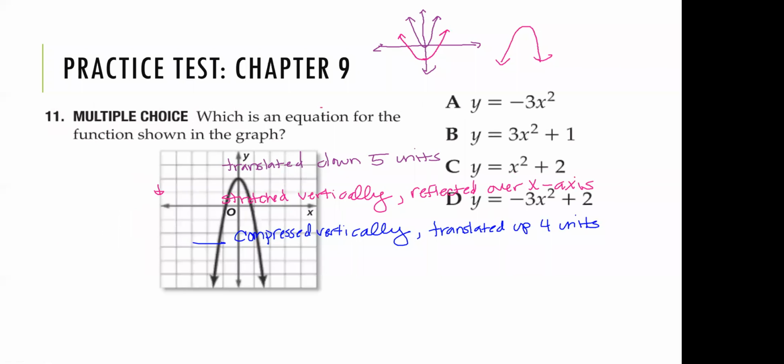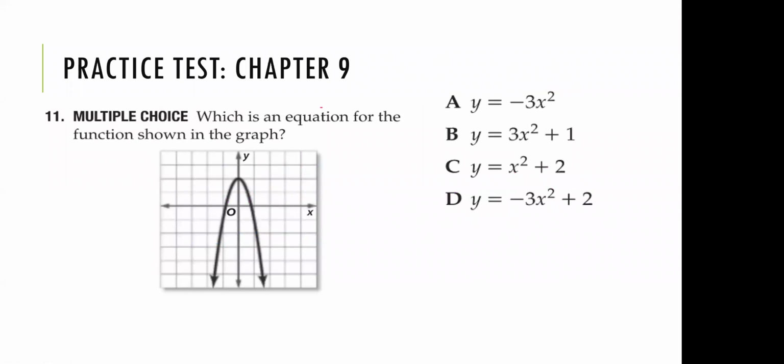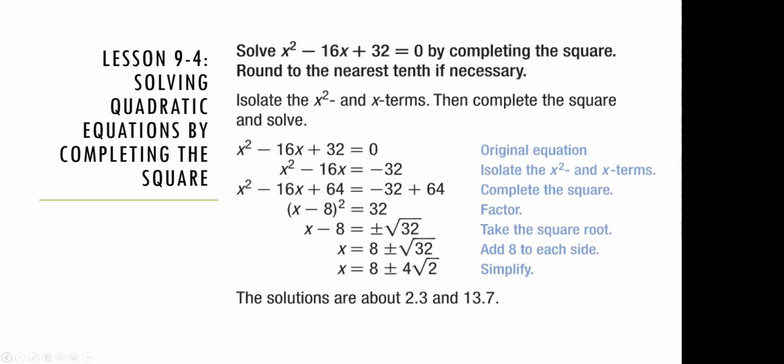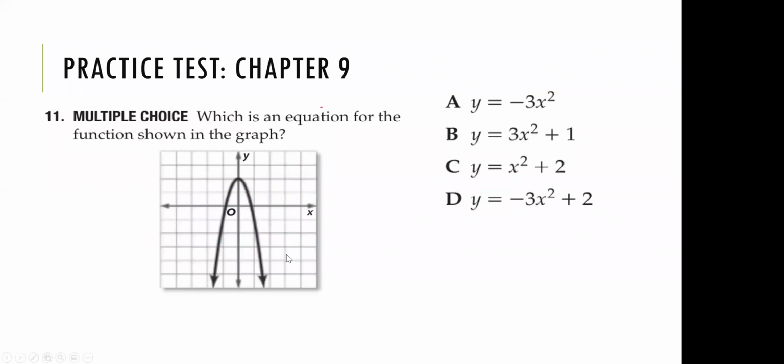So next problem says, which is an equation for the function shown in the graph? Okay, so this is taking into account what we're just talking about. So first of all, by looking at this graph, I see it's reflected over the x-axis, right? It has been flipped. It's not a regular parent function like this, okay? So I know that the value in front of x squared has to be negative. So it cannot be b and it cannot be c because those both have a positive value in front of